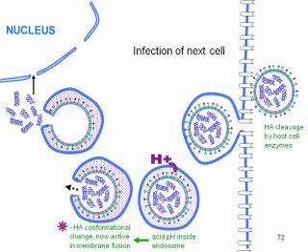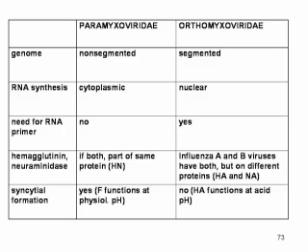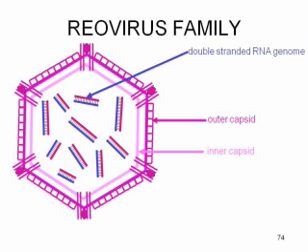Any questions on it? Okay. So that just shows you what happens. I've gone through that. And then this is just a table that summarizes the differences between the paramyxoviruses and the flu viruses: segmented versus non-segmented genomes, and that has a big influence on the epidemiology. Cytoplasmic versus nuclear, different primers. Hemagglutinin and neuraminidase are on different proteins, and the fusion proteins function at different pHs.